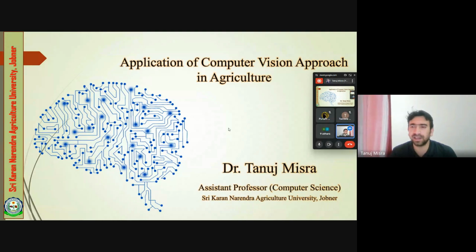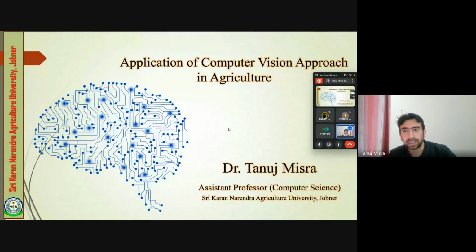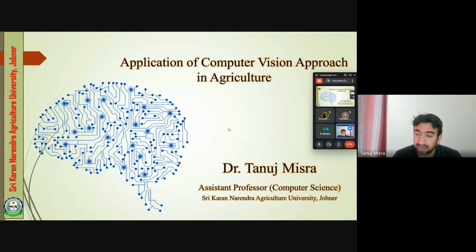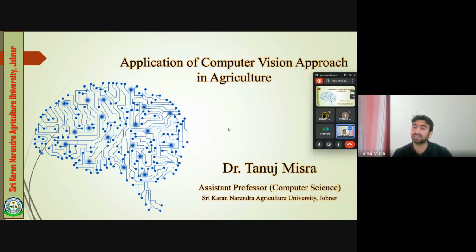Today's big area is the application of statistics or data science in the field of agriculture or biological data analysis. So here I will discuss how to analyze biological data, meaning data in the form of images. We all heard about the term big data. Big data is nothing but unstructured data, maybe in the form of images, maybe in the form of text. So how to analyze this data?